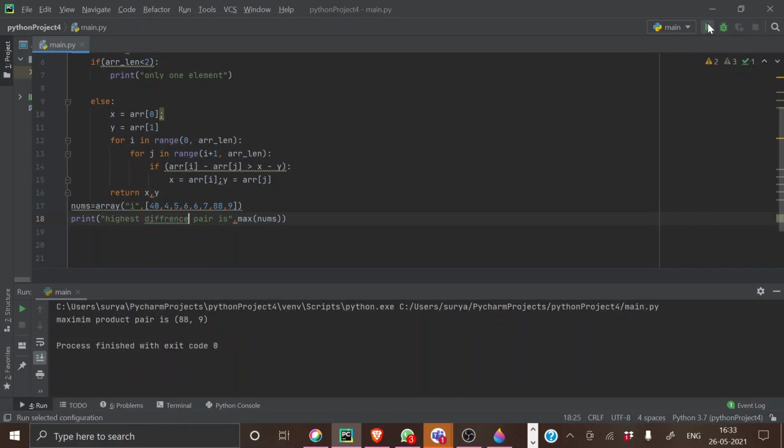Highest difference varies. So you should get this, like 88 and 9 has the highest difference. This has a difference of 79. Sorry, 77. So 79 only.